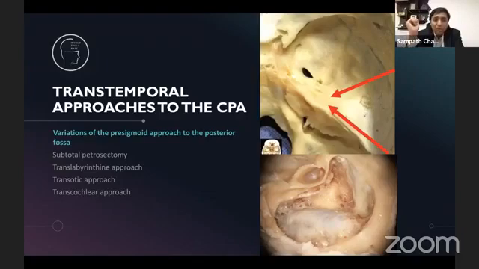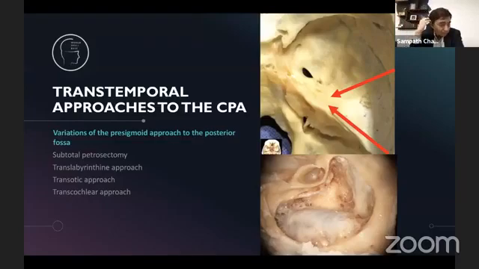Today, we are going to deal with one aspect of the skull base, that is the temporal. Earlier, in the earlier webinar, we did the infratemporal fossa. Now we're going one step above, and we're dealing with all the approaches that go through the temporal bone, which involves a fair amount of drilling and a fair amount of knowledge of the anatomy of those areas.